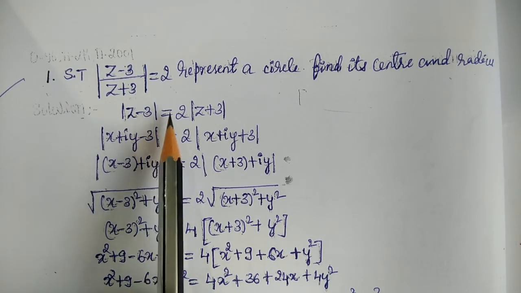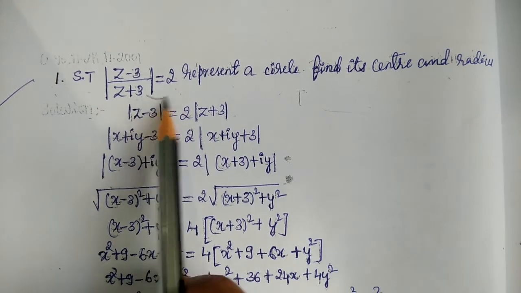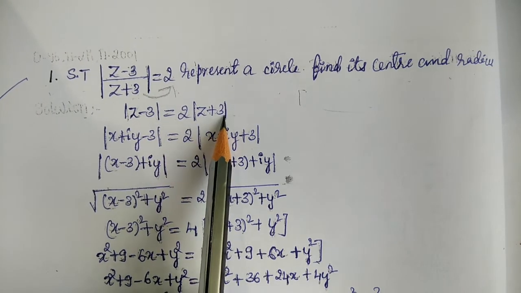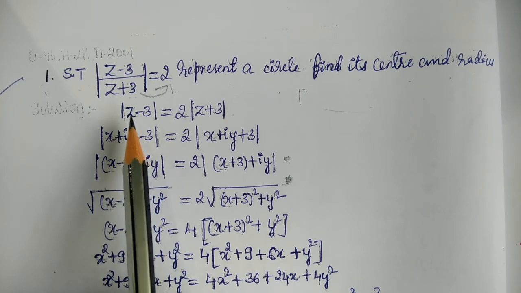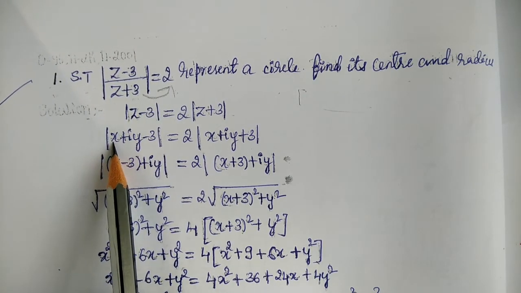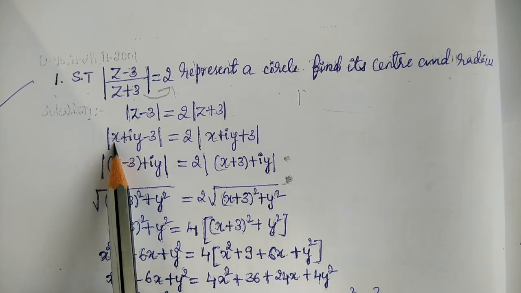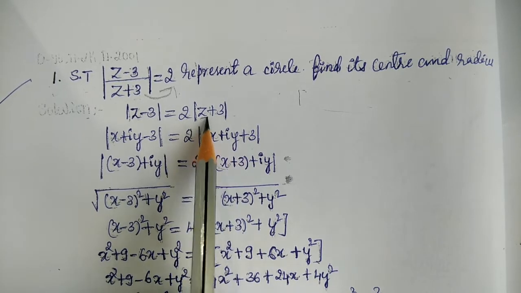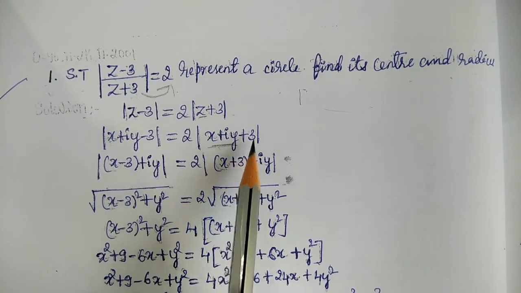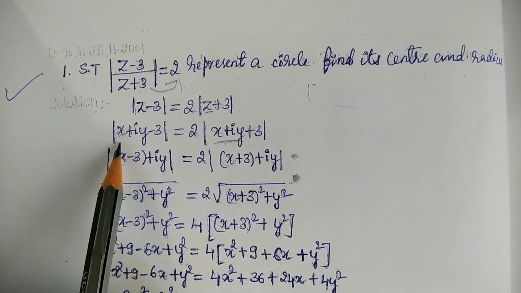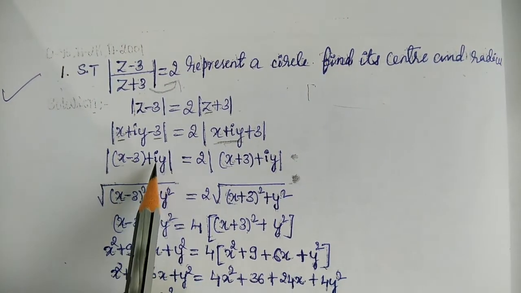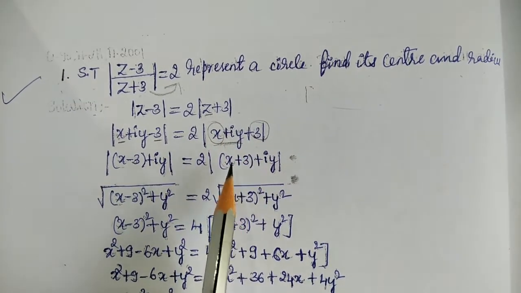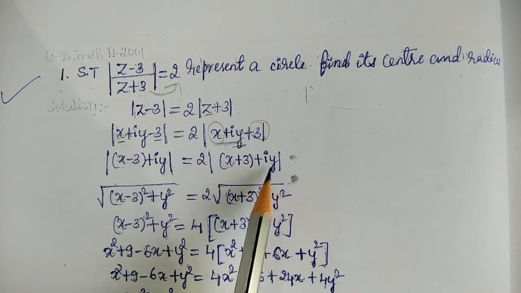So next, mod z minus 3 is equal to what? 2 times mod z plus 3. Just cross multiply this to the right hand side. We get mod z minus 3 is equal to 2 into mod z plus 3. So replace z by x plus iy because it is a complex number. The complex number is always in the form x plus iy or a plus ib. So I am taking x plus iy here. Modulus of x plus iy minus 3 is equal to 2 into modulus of, in place of z, just substitute x plus iy plus 3. Here I am taking x minus 3 as the part not having i, and the part having i, that is iy. It is equal to 2 into modulus of x plus 3, the part not having i, plus iy, the part having i.